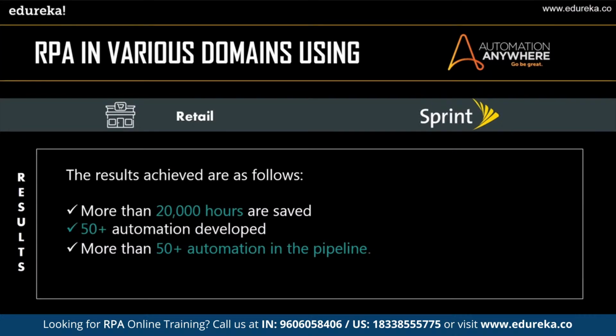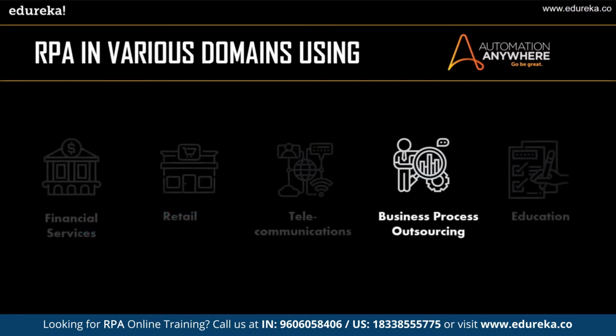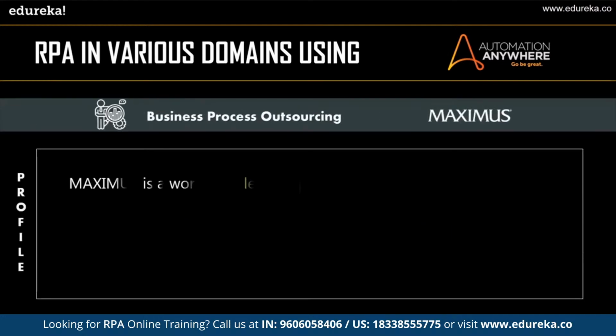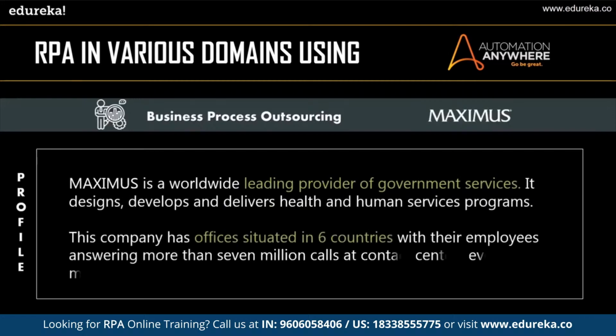Now let's move on with our next domain, that is RPA in BPO or business process outsourcing. So to explain you how RPA can be used in BPO or business process outsourcing, I've considered the Maximus organization. So Maximus is a worldwide leading provider of government services and it designs, develops and delivers health and human services programs. This company has offices situated in 6 countries with their employees answering more than 7 million calls at contact